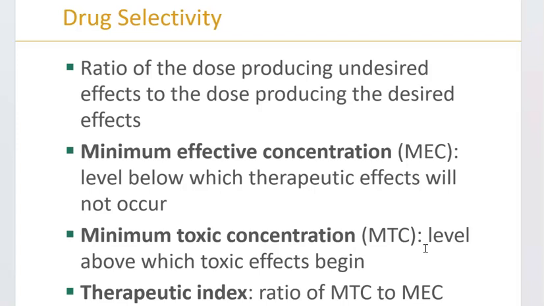An example your book talks about is that there are some drugs with a small therapeutic index, meaning the distance between the level that you need to get an effect and the level that is going to be toxic is very thin. There's not a lot of space in between those two. So maybe it's a therapeutic index of like 2. But there are some drugs like penicillin, which has about a therapeutic index of 6,000. Like it's really hard to be toxic with penicillin.